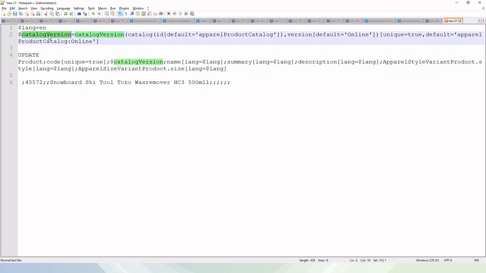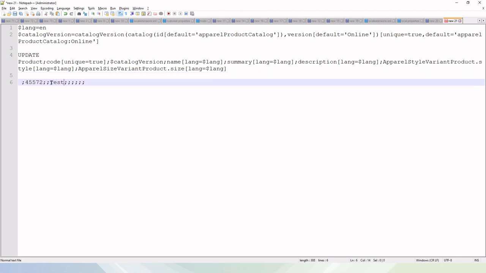Like we have used language and catalog version, in the name we have used this lang. So the name which will come here is for en locale, right? Similarly, the summary will be for this en locale. Description is also similarly for this en locale. Now let's change the product name using Impex.